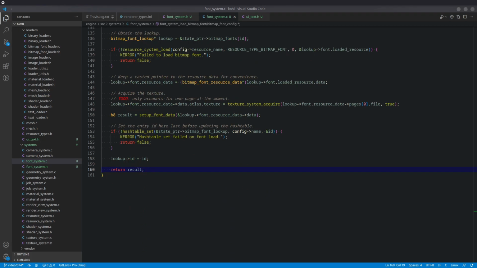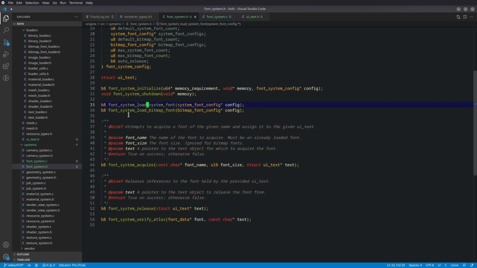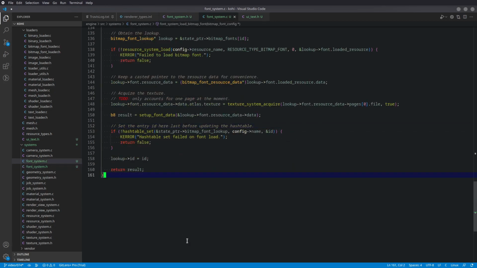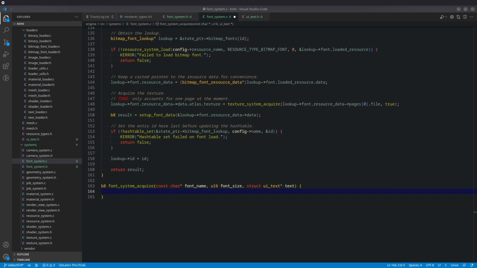All right, so the next thing in line is we've got these two set up. We have our font system acquire, and that is going to be the next thing that we set up here. That takes the font name, font size, and text. So the very first thing that we're going to do is